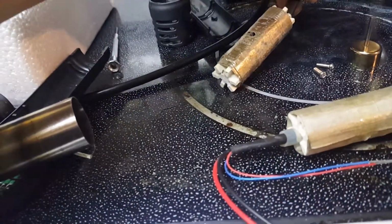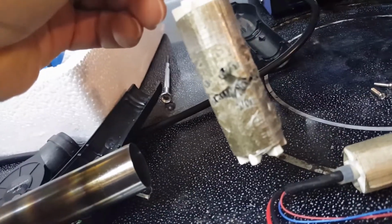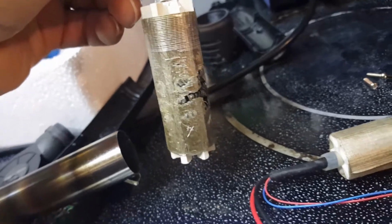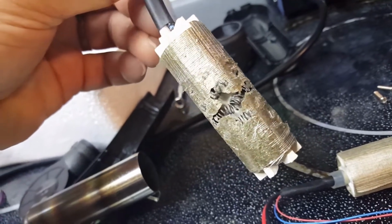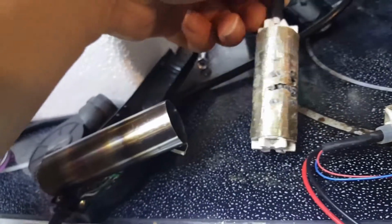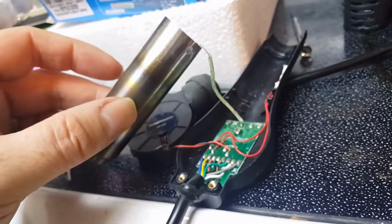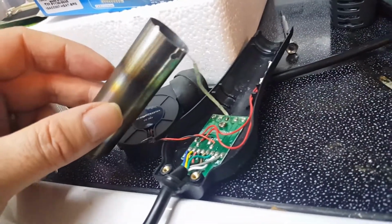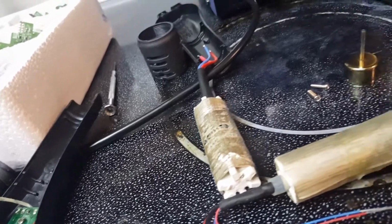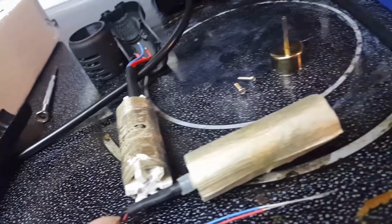Okay, so I got the old one out. You can see it's pretty much shot. The heating element burned through that mica paper insulator stuff, and it touched the ground inside this, but it had the ground wire. So it sensed that there was something wrong, and it shut off. So really I can almost repair that by putting this mica paper on there, but I don't want to do that. I think the newer one here is